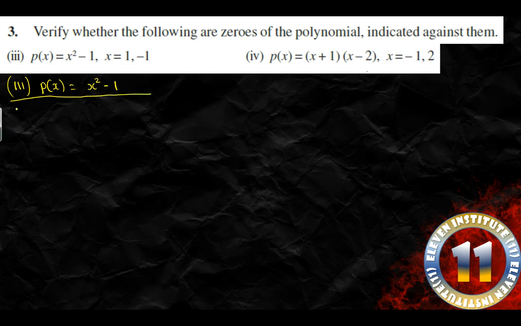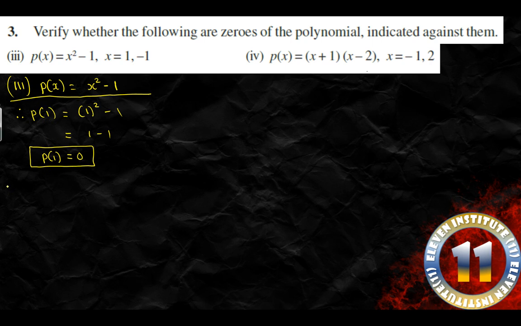So first of all let us take x is equal to 1. So I can write therefore p of 1 is equal to 1 square minus 1. See, instead of x we have written 1. Now what is 1 square? 1 square is 1. And here it is already 1. So 1 minus 1 we get the answer 0. So p of 1 is 0. See, on putting the value 1 we get the answer 0.